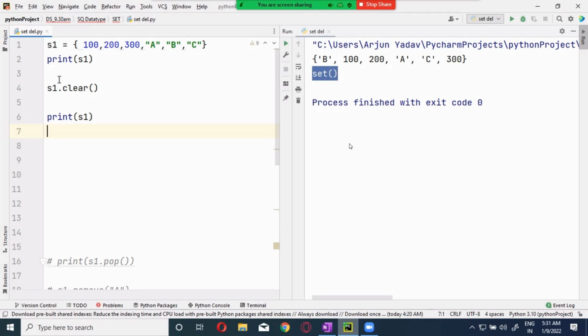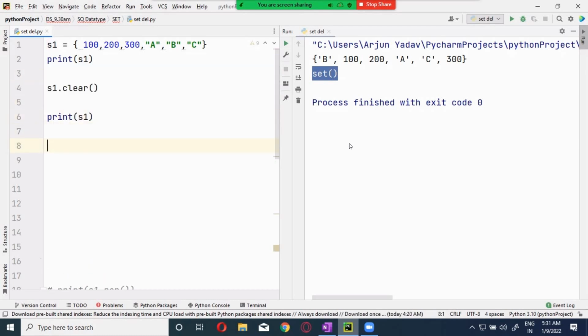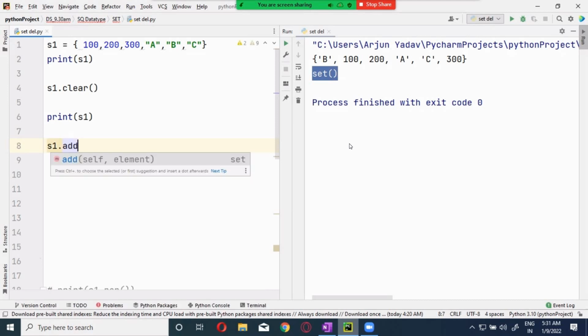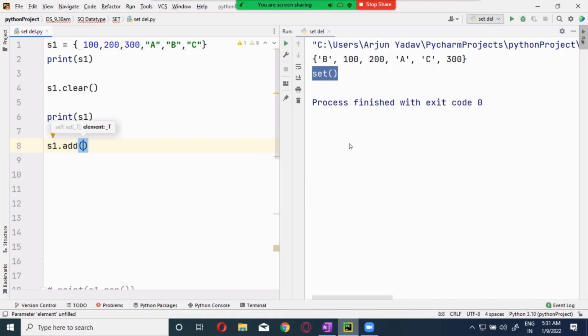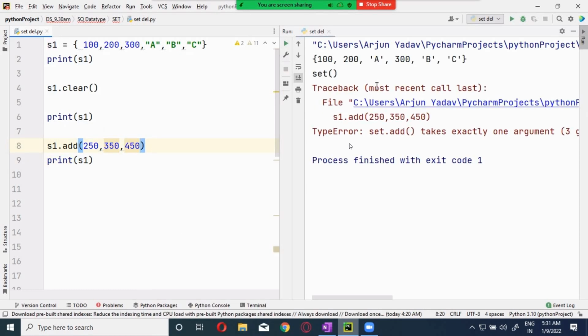So in this case you can add to it later on. If I want to add anything, S1.add, like 250, 350 and 450, something like that, you can add it, no problem. Again, you can print it. The empty set will be existing over here.